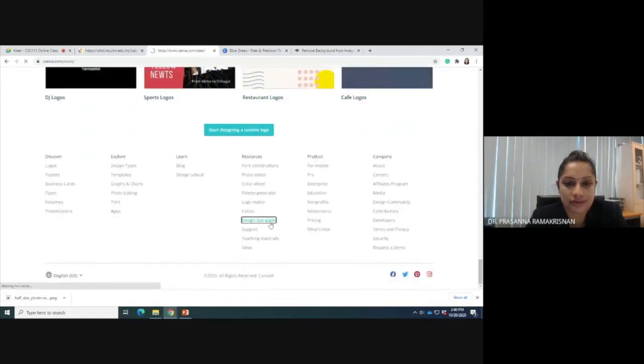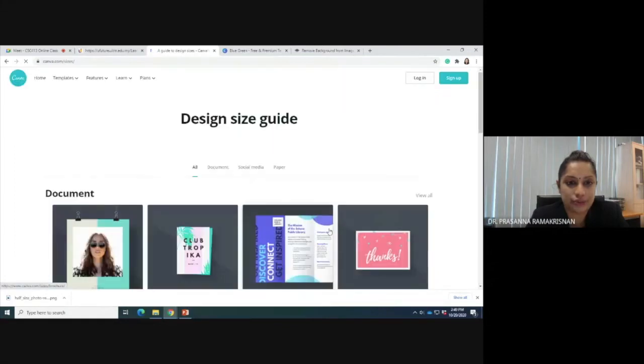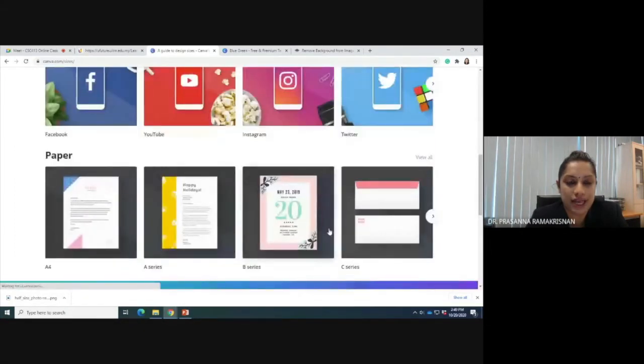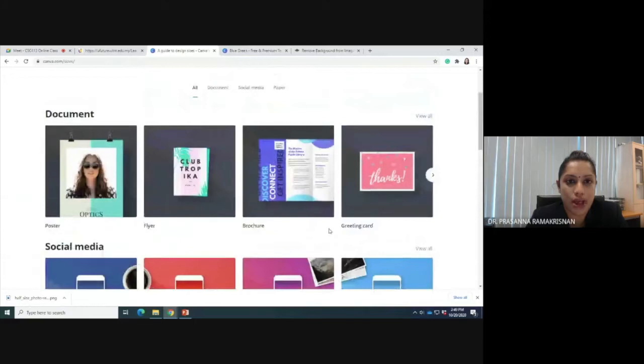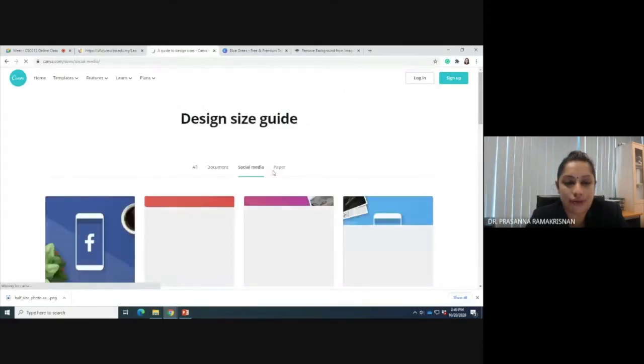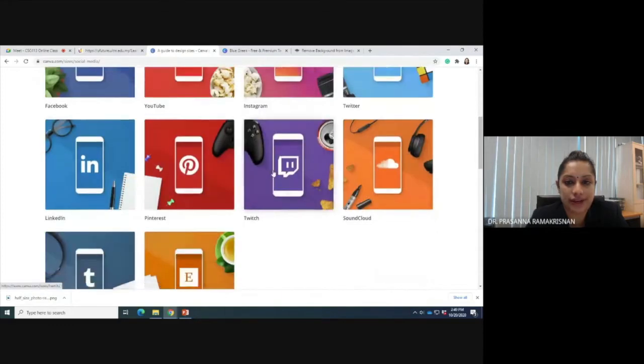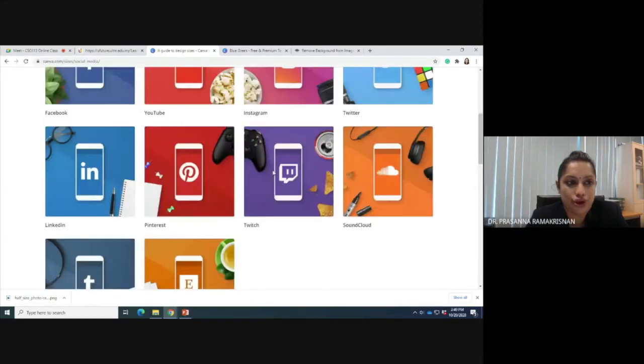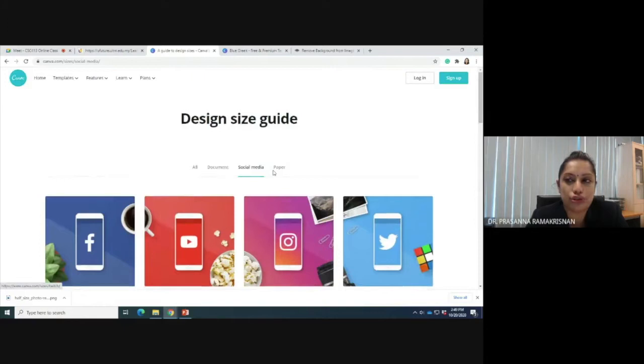And lastly, there will be some design guides for you. So if you want to design, depending on what, they will give you some guides on how it will appear when you design for each of the media that you choose. So this is basic. A lot of people skip the basic and go in. Of course, you can go in, but you need to know the basic things. Then once you go in, it will be easier.